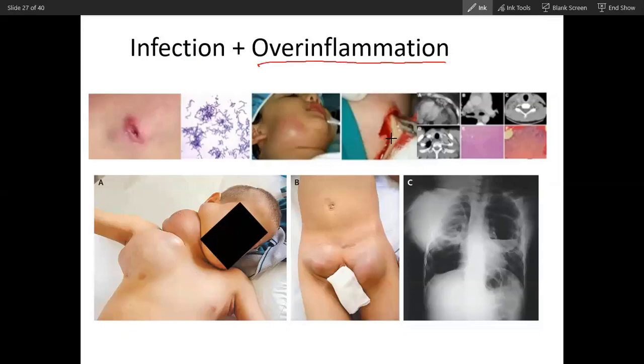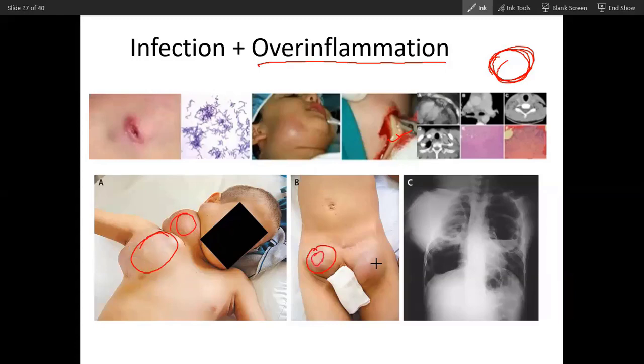So there will be infection. You can see draining pus. You can see the lymph nodes are swollen very much. The tissue will try to contain the infection by fibrosis. That is why there will be granulomas, and this granuloma plus infection will cause the lymph nodes to swell very large. You can see very large lymph nodes here, cervical lymph nodes and the axillary lymph nodes.